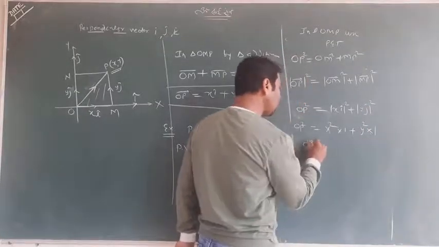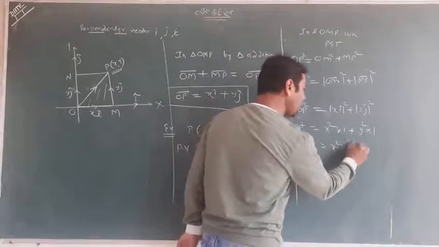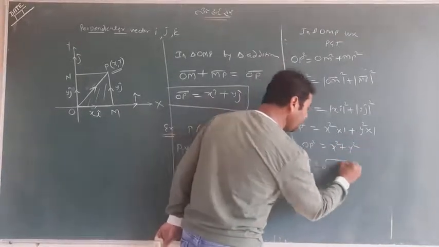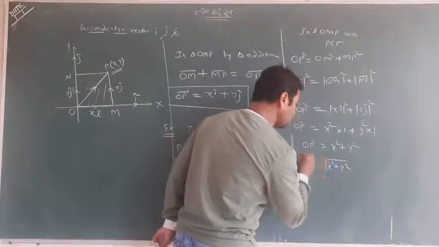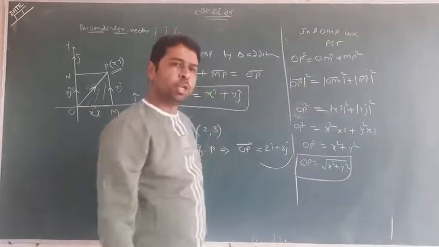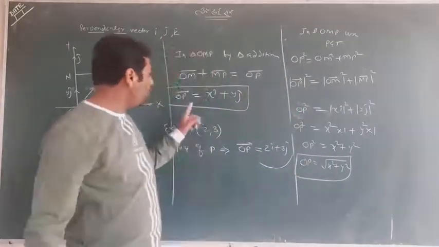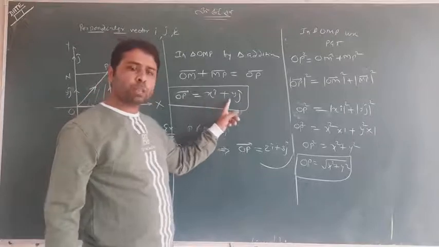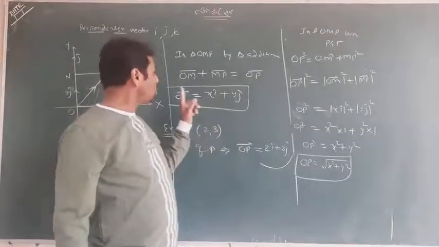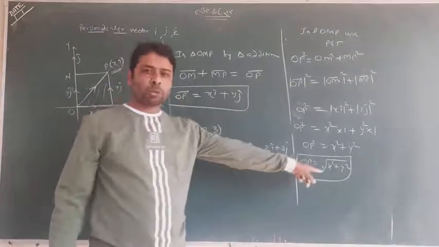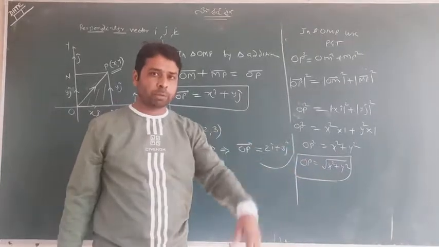So lastly, I would speak about x square plus y square, and you will find that OP, x square plus y square, is coming. What have you learned? You have learned that when OP is equal to xi plus yj in vector, its mod will be under root of x square plus y square. Very good concept it is.